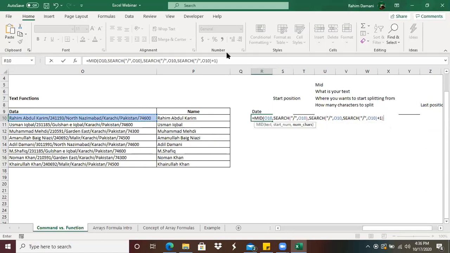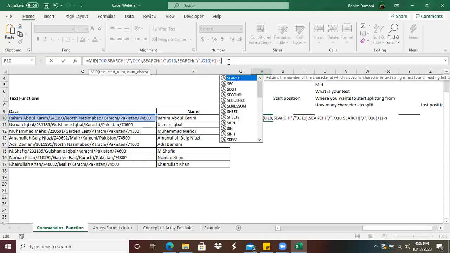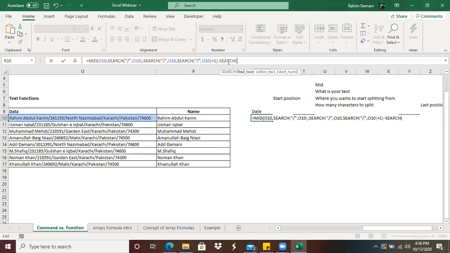Here you can see that if I select that area and press F9, you will see that 25 is the character position of the second slash, and I want to subtract the first slash position because I want to extract this middle value.